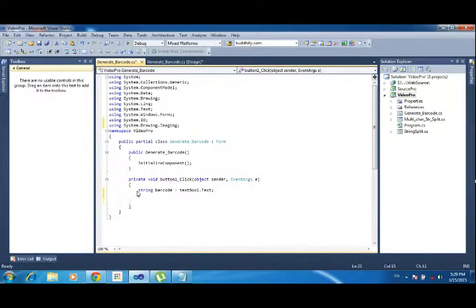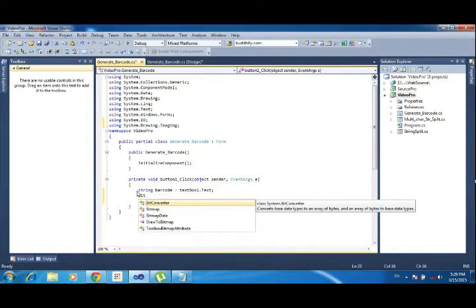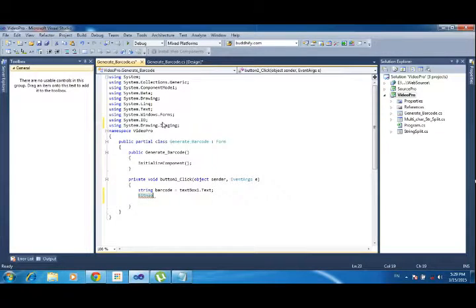This line reads what I am typing in text box 1 into this barcode variable. After that I need to declare a bitmap. Bitmap comes from the drawing namespace, so you have to declare System.Drawing.Imaging, then only will the bitmap be enabled.